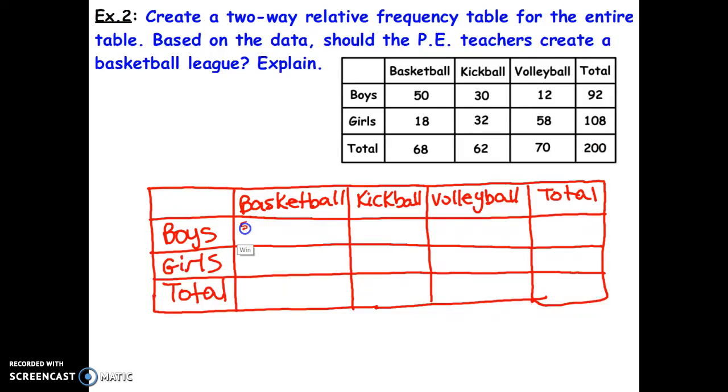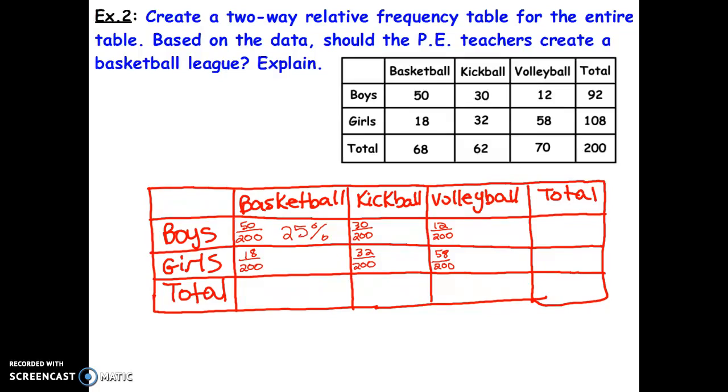So for boys basketball, that'll be 50 divided by 200, 18 divided by 200, 30 divided by 200, 32 divided by 200, 12 divided by 200, and 58 divided by 200. Okay, and then you're just going to pick up your calculator. So for example, 50 divided by 200 in the calculator, we get 0.25. Now to turn that into a percentage, you simply multiply that by 100. And you'll see that you have